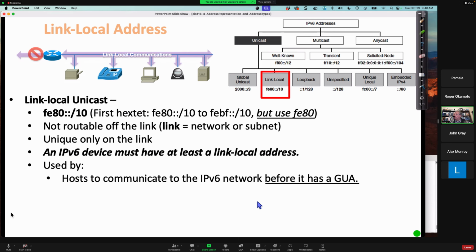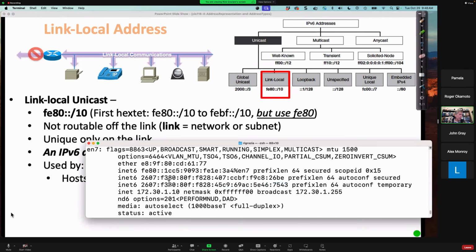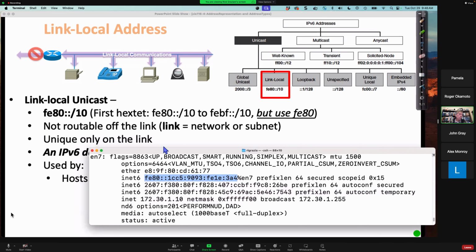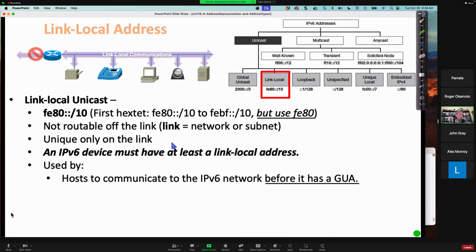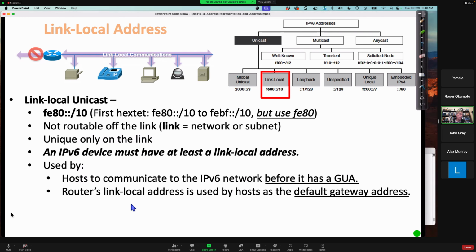This is used by devices before they have a global unicast address. So before my device got this IPv6 global unicast address, it gave itself, see this here, a link local address, FE80. It gave itself that address by itself. We'll talk more about that. Now, the router